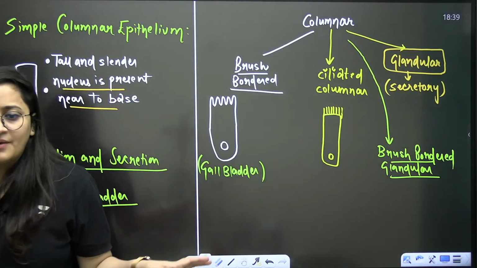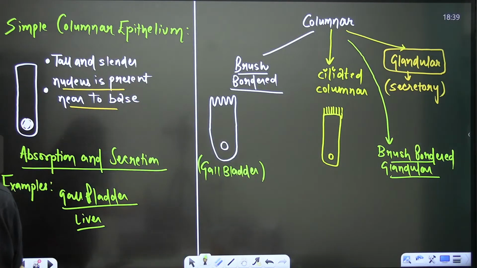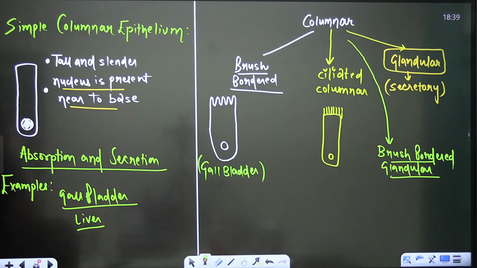So if microvilli are present, it is meant for absorption. Clear? It is meant for absorption. Done. So if it is glandular, brush bordered columnar epithelium, you will see it in the